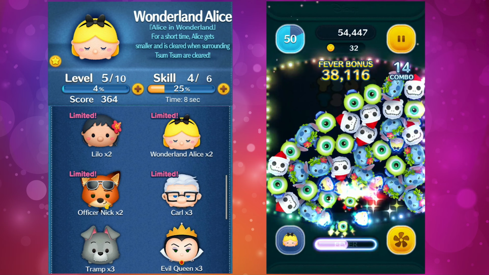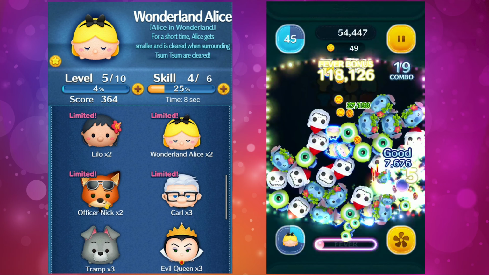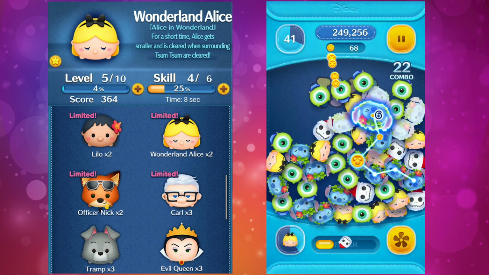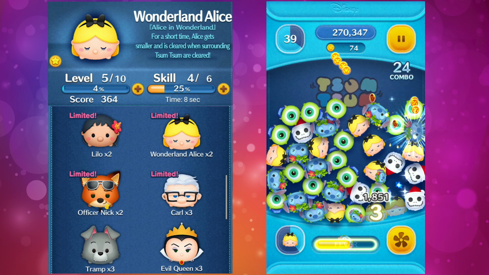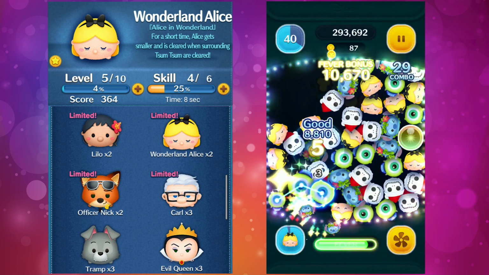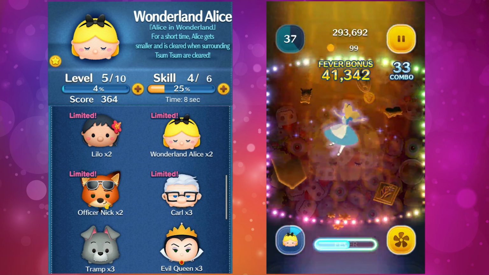And if you clear zooms around Alice, essentially if there's a zoom that touches Alice, then you will clear Alice as well as part of your chain. And then really that's the benefit of the ability. And I really don't like these abilities where the zooms get small, but yeah, it's supposed to really help you